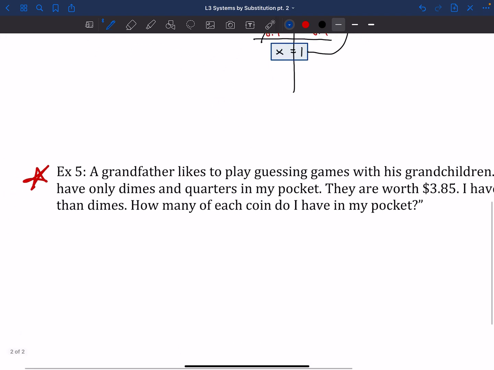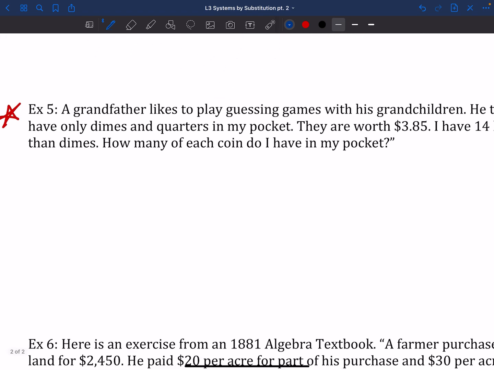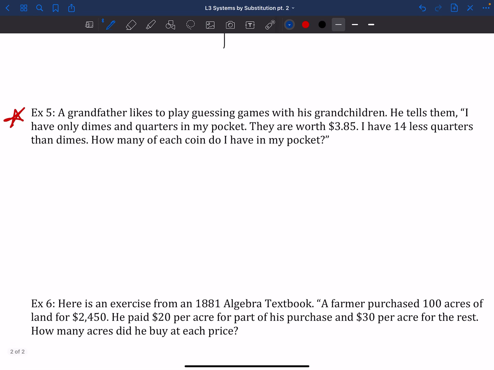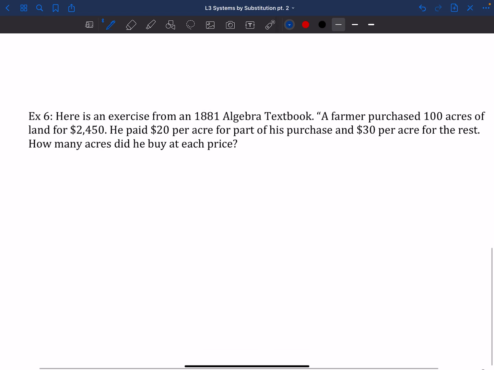You might have looked ahead a little bit and been like, word problems, gross. For number 5, I'm going to do this one out and upload it as part of the PDF notes that I do later on. We're going to do 6 together, but for 5, I'm just going to skip over it here. If you want to go back and take a look at it, I will upload it in our class notes folder, so be sure to check there. I can also talk you through it in person, but in the interest of time, let's take a look at